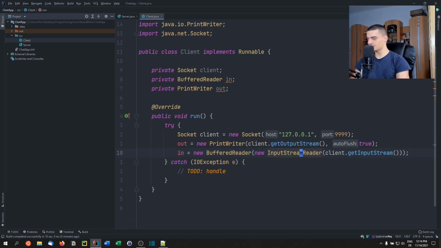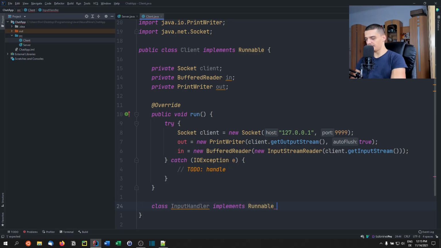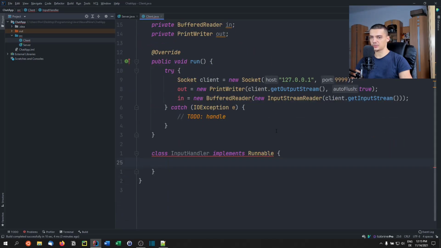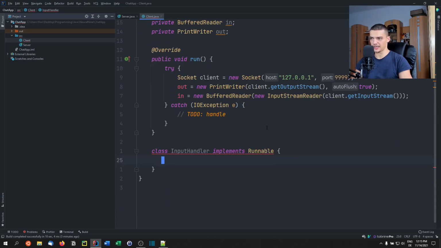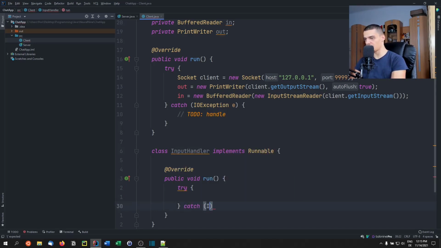We need to import this. Okay. Thanks for the alarm. So we need to import this as well. And then what we do is we create the inner class, the input handler. So class input handler is going to implement runnable as well. And all we need to do in the input handler is we need to constantly ask for new console line inputs. So essentially, we also have a run function, and we're going to again say try, as always, catch the IO exception